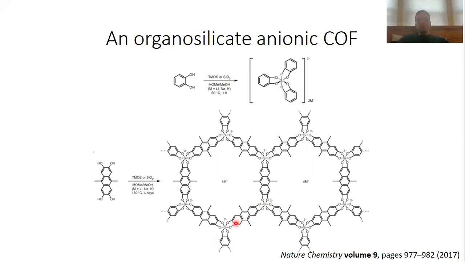Okay, the silicons have 2 negative charges, and then these 2 negative charges must be charge compensated by metal ions. Depending on the catalyst that you're using, this is either lithium plus, sodium plus, or potassium plus. Okay, you see here that you need fairly drastic